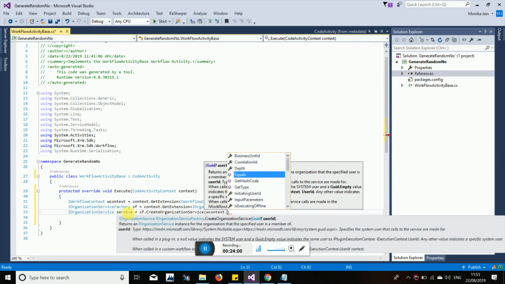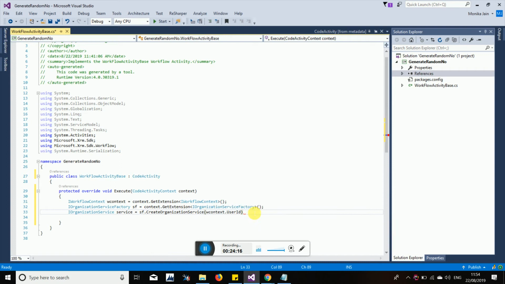See, these are all the information we can get. So we wanted the user ID of the current user who is executing your workflow; that particular user ID you can give over here.